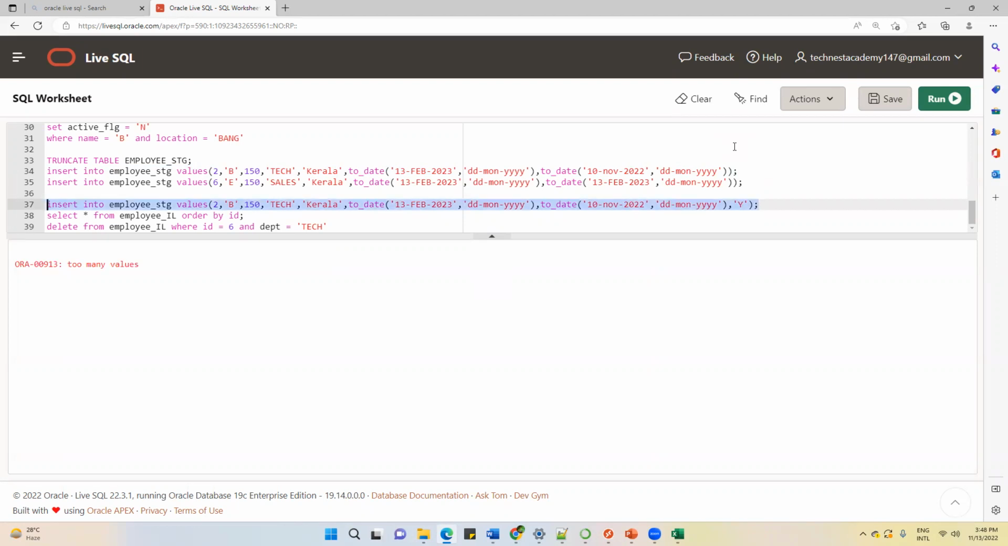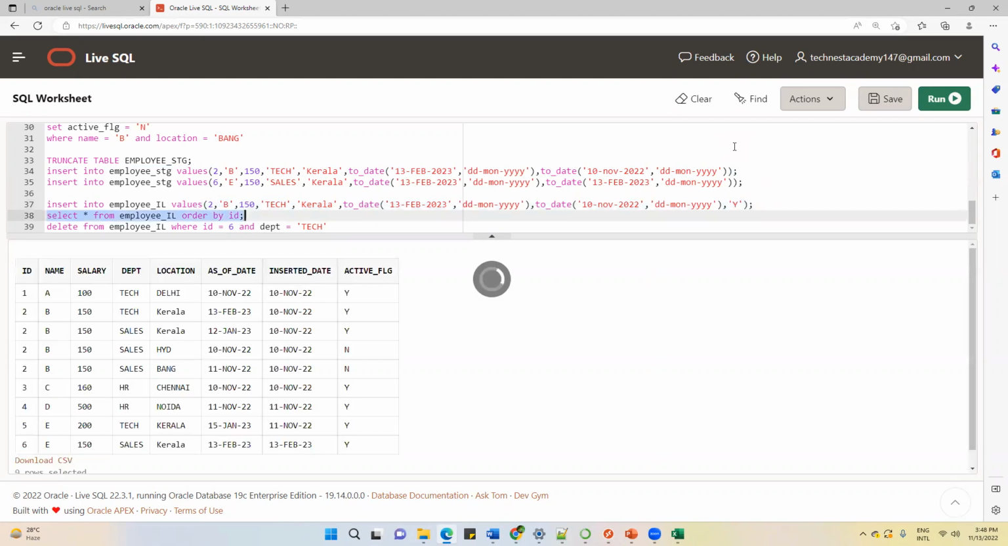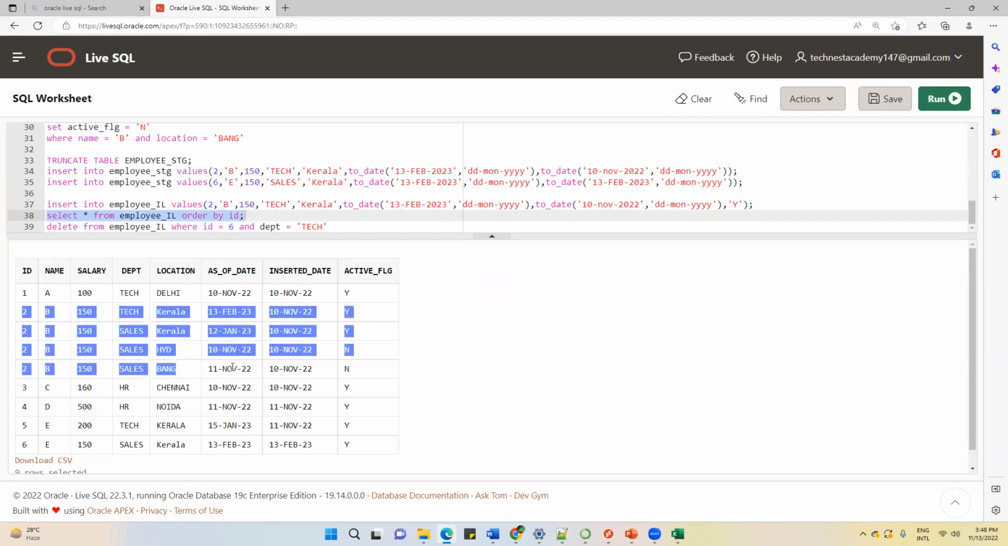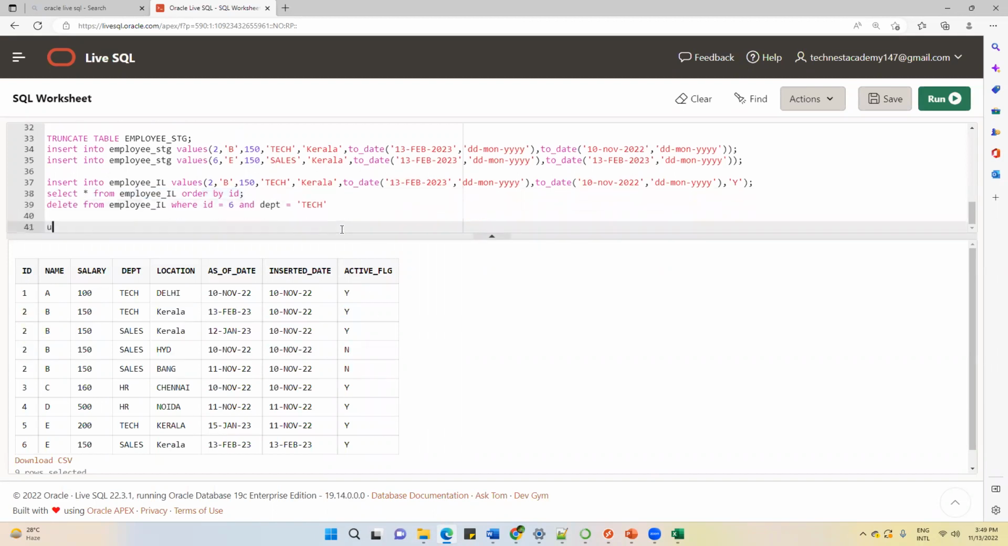Too many values. Now check the data. No, we have to make the active flag for which record? Sales, Kerala, right? Yeah. I'll update this table. Update employee IL,